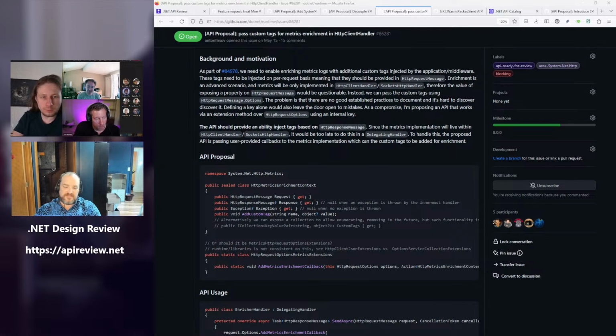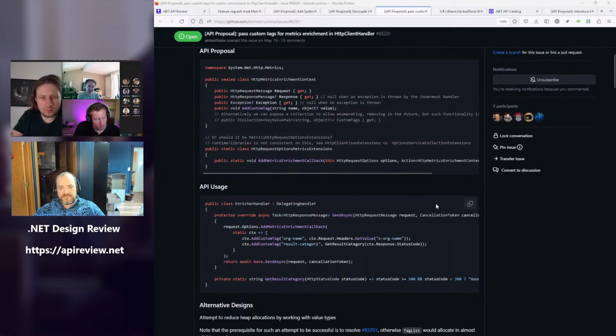And then this callback gets run when the response is received, like when you return the HTTP response message. Yes. Well, are you sure that's the case? Because in the sample usage, they're adding headers to the request, so I'm not sure when the callback gets run.